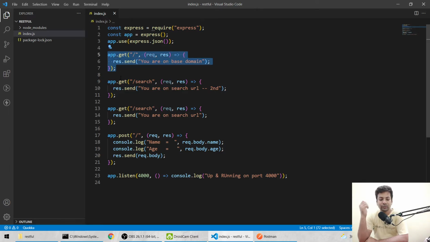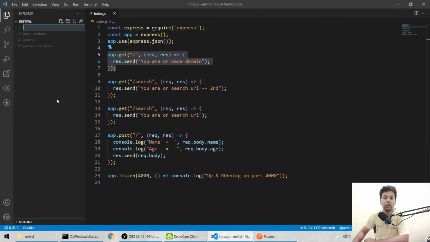So for that, what we'll do, we go here and make a folder. A folder is not necessary obviously, but we make it so we can know everything in one place. So we'll say routes, it's the folder name. Now here we'll make a JS file, and what should we call it? We'll call it get.js, because we are getting data. You can name it anything, like ssd.js, whatever you feel like, but for convention I'll use get.js.